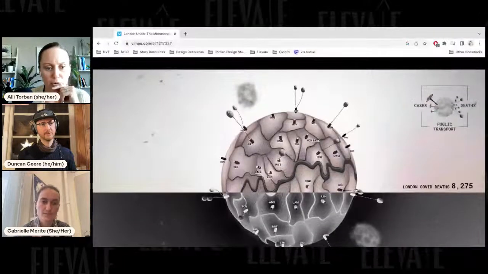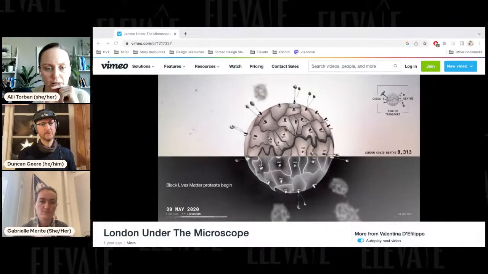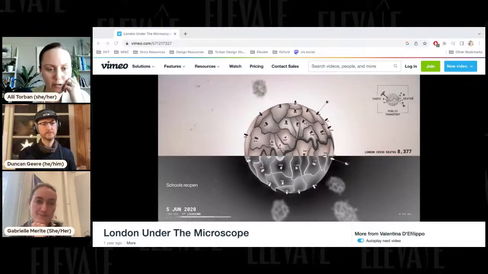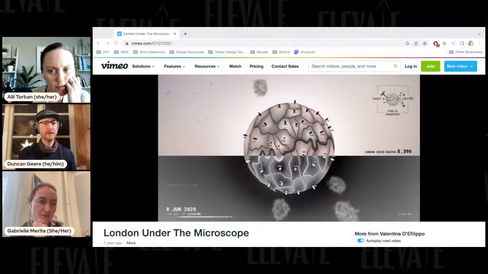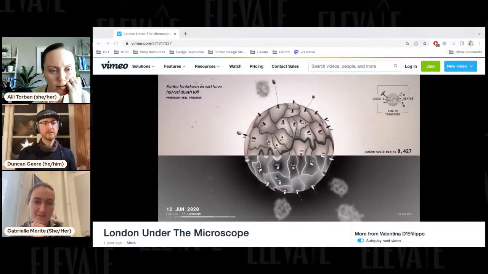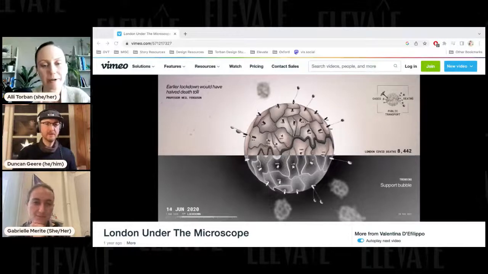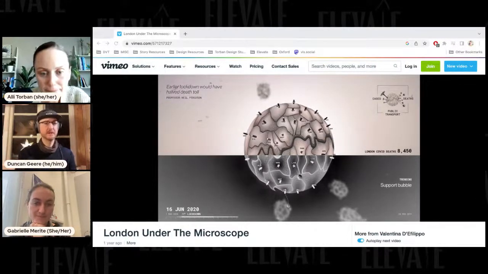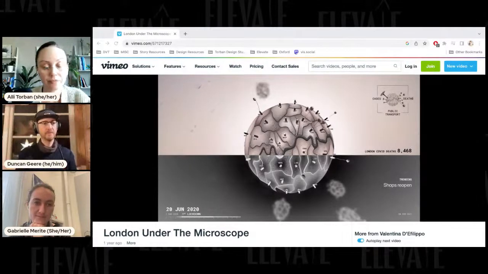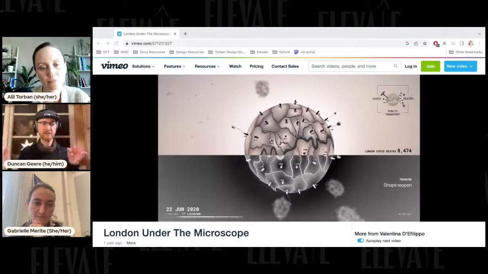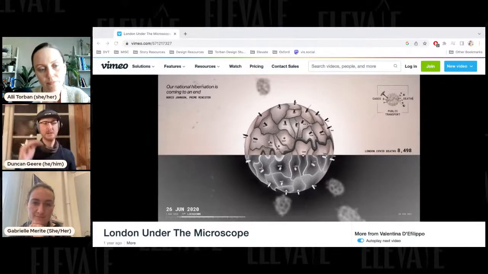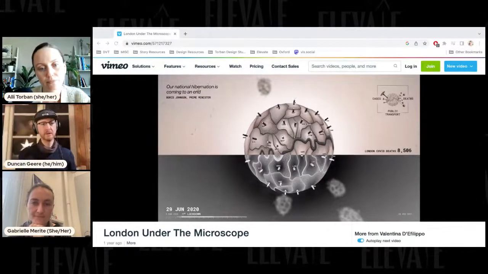Yeah, and seeing the mood too of this. The way she designed it, it's a visual metaphor. She's using the virus metaphor, and she's showing a virus that's growing. This is kind of like a map of London, and the different districts of London that you're seeing make up the circle. And then the spike proteins on the virus are the cases, and I think it might be the deaths over time that build up slowly.